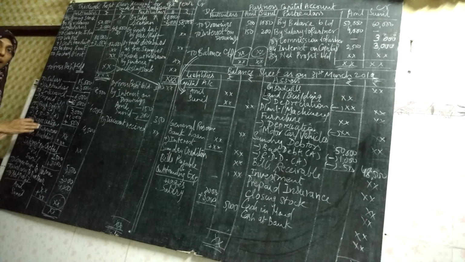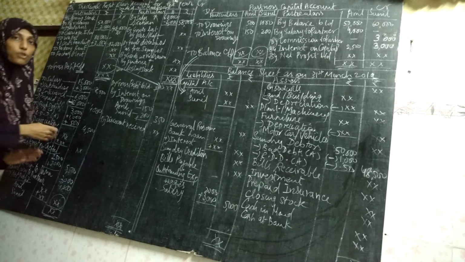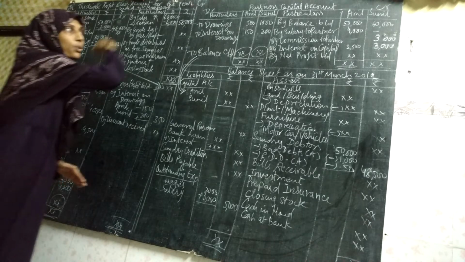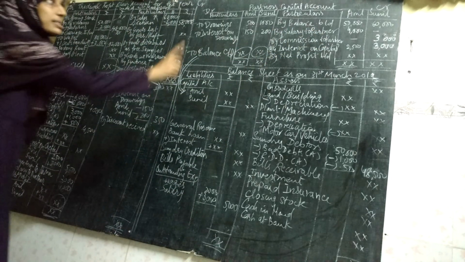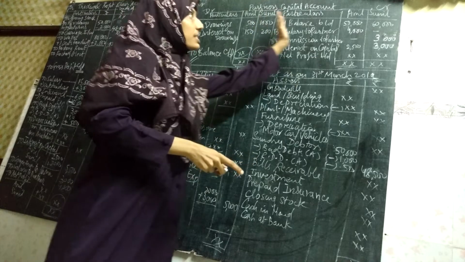This is the debit side of the P&L account. It is the debit effect. We have to give the credit effect now. So where are we going to give the credit effect? It will go on the credit side of the partners capital account. Debit side P&L account, credit side partners capital account. Okay, so this side I have explained to you.